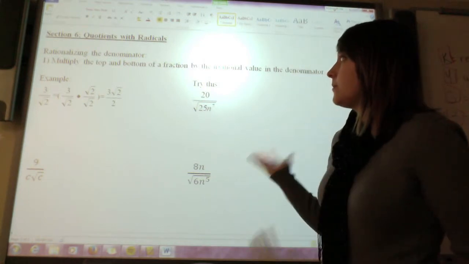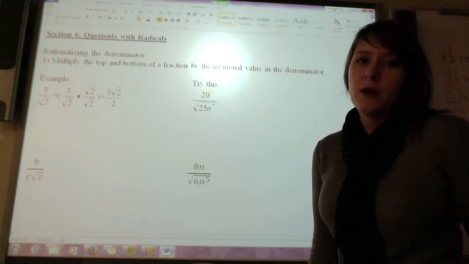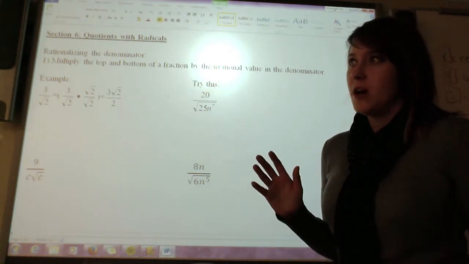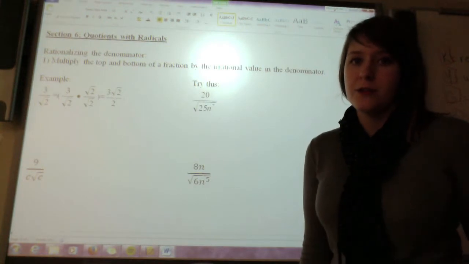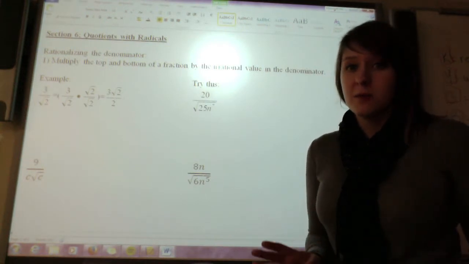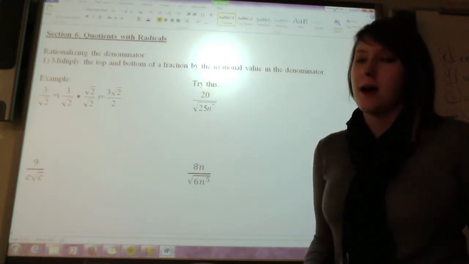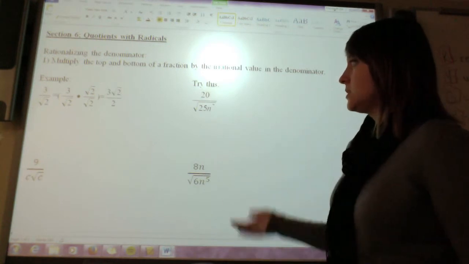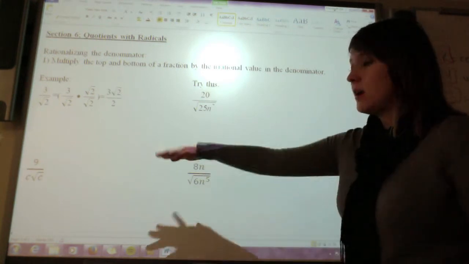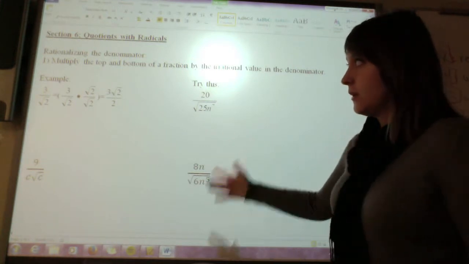So the first step is you have to rationalize. Remember that whenever you have a square root or a cube root or whatever, some sort of root in your denominator, that is not acceptable. You have to rationalize that and get it out of your denominator. You can't leave it like that. So that's what we call rationalizing. So let's just start by rationalizing a few problems. I've got a couple extra examples here that aren't on your notes, so hopefully they'll help you if you just